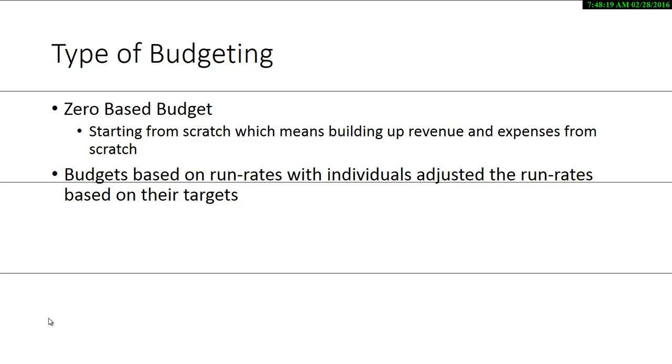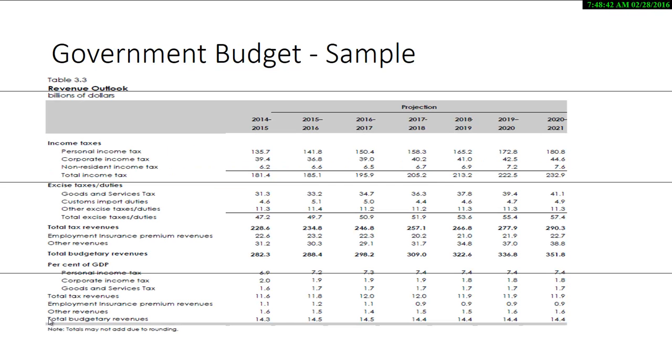The other way is you basically get your numbers and base it on run rates, and then you make some adjustments by looking at what's coming in and what you plan to spend in a particular area. Normally with a lot of companies, they'll focus on 80% of those costs, which are usually people, facilities, and vehicles. It's typically the cost of most businesses, and that's where they focus most of it, and probably utilities. This gives you an example of government.